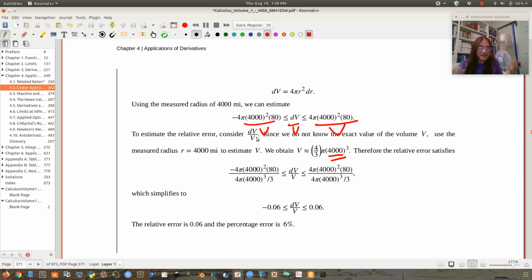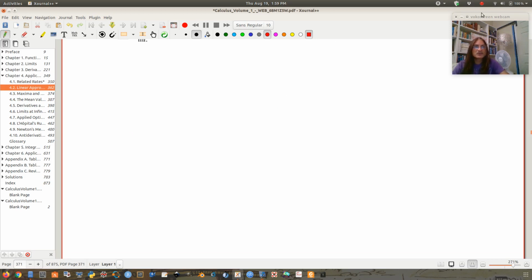I mean, the best guess, right? The plus minus error is there. So divide by this value of volume and say that the relative error is between this and this. And if you multiply by 100, it gives you the percentage. So it's plus minus 6%. Okay, and this finishes this section of the